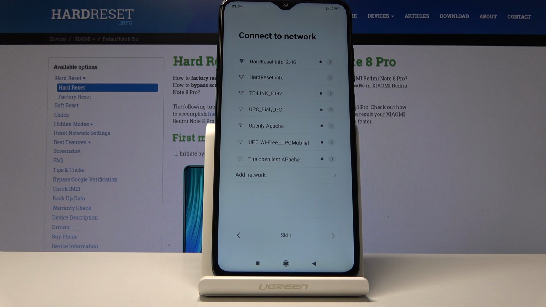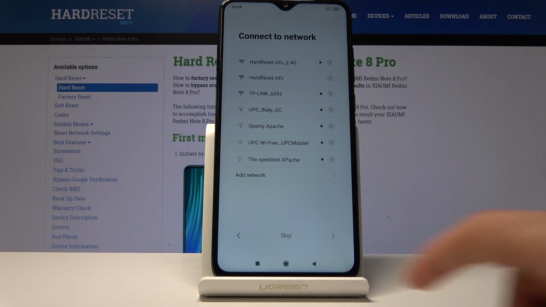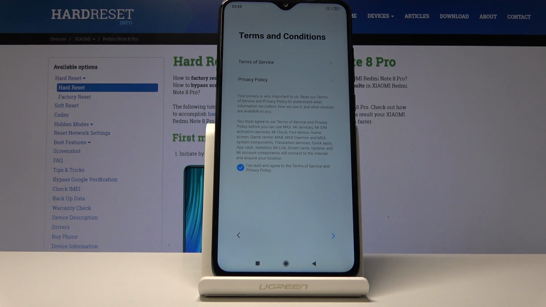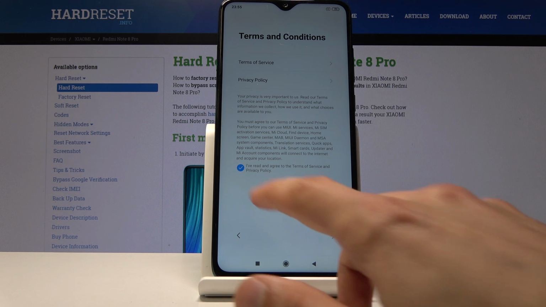The next thing you will see is connect to network. Now you can skip this if you don't want to connect to anything, assuming the device wasn't reset and didn't have a Google account previously on there. If it did, you will not see the skip button on the bottom, but because this is a new device, I have it. So from here we have terms and conditions, so just make sure that it's checked on